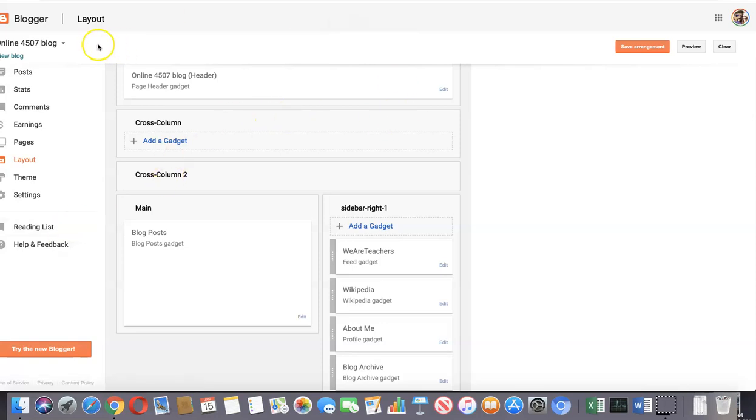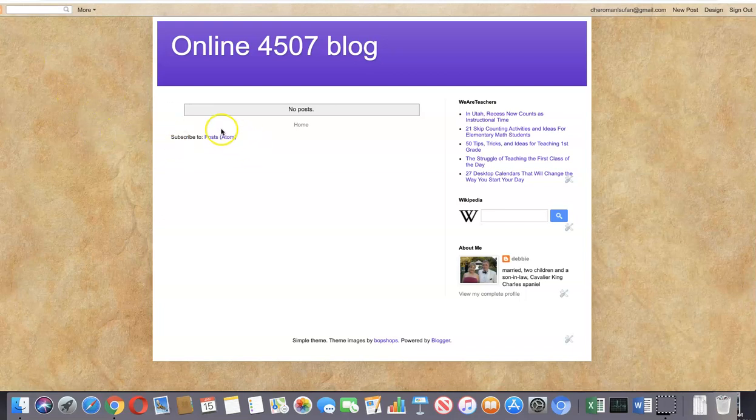And then I'm going to go back up here and view my blog to see how it looks. So now I have my Wikipedia gadget on here, my About Me, and I have the We Are Teachers RSS feed. Okay, so that shows you how to do that. And when you click View Blog, it saves it. So let me go back,